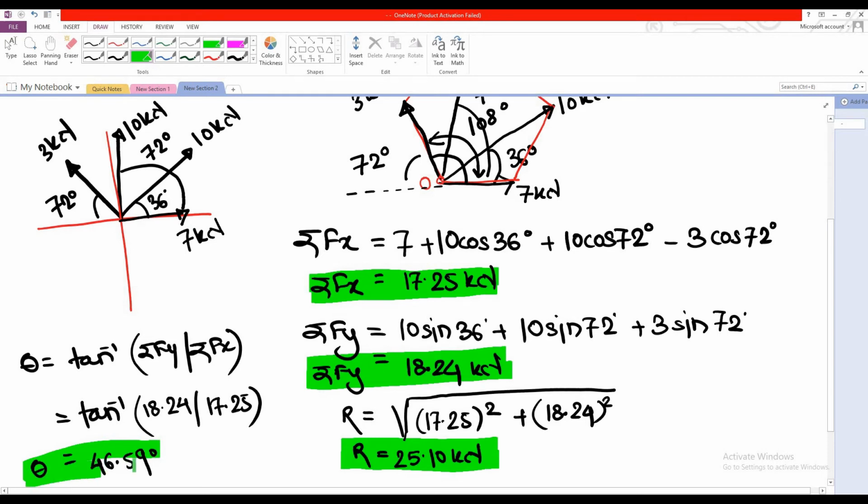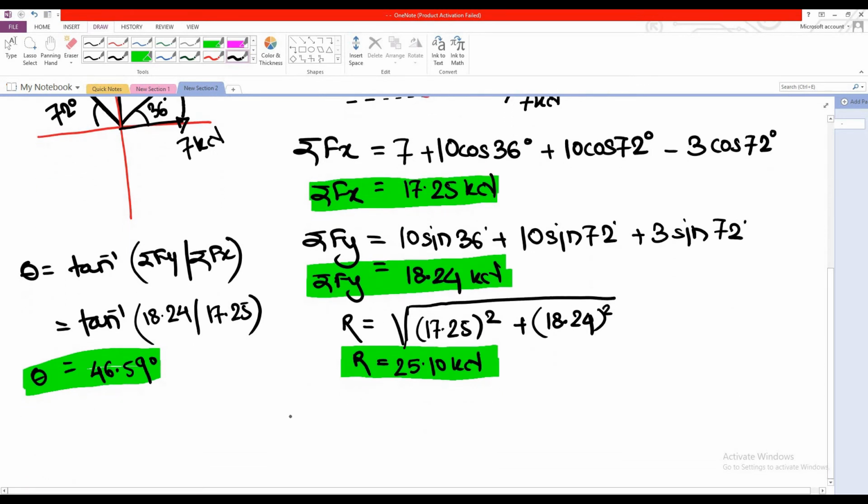Alright, now the final thing. What is the final thing? That quadrant. What quadrant our resultant lies in? Q is summation Fx comma summation Fy, and here we only care about the sign convention that the values of Fx and Fy have, and Fx has positive value, Fy has positive value. That's why the quadrant is going to be definitely first quadrant.